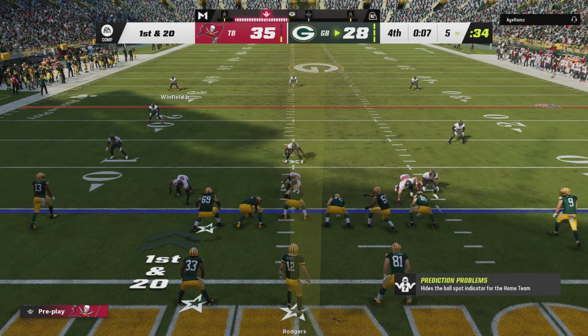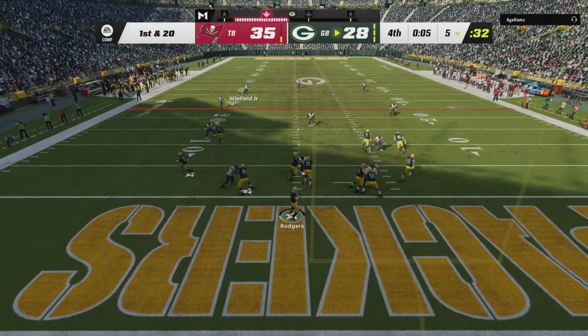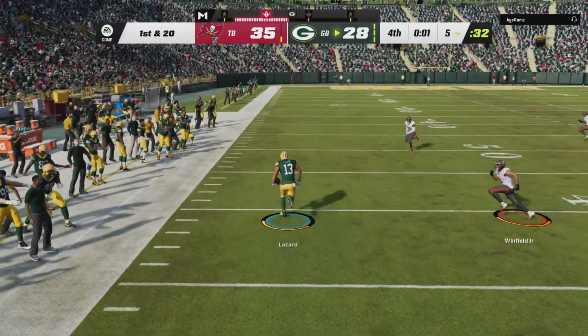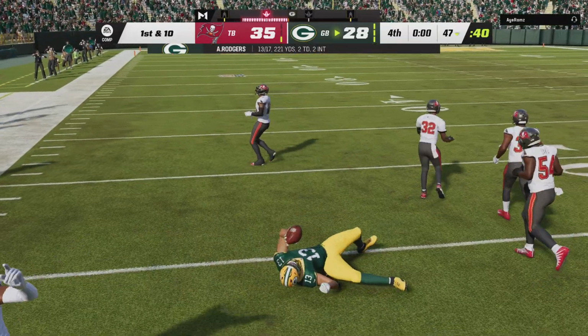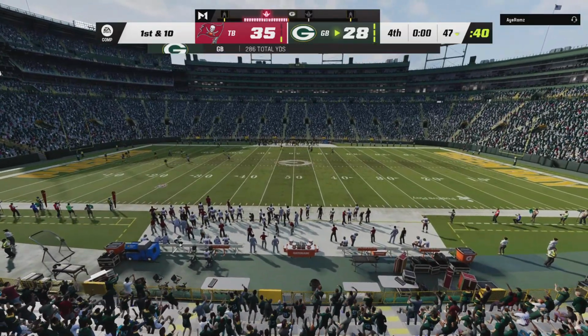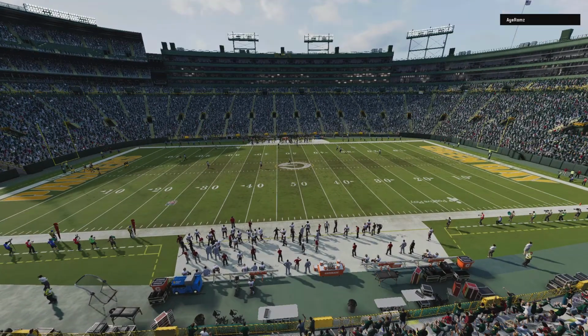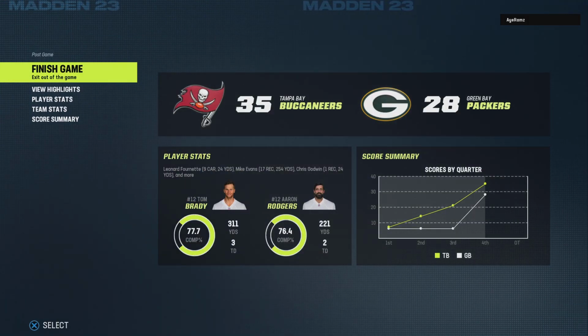When you're backed up like that, all you're trying to do is make sure you don't give up a big play, right? You don't miss an assignment that really gets you into more trouble. It's complete. Lazard. Well, it took us until the final play, Charles, to officially decide a winner, although on that